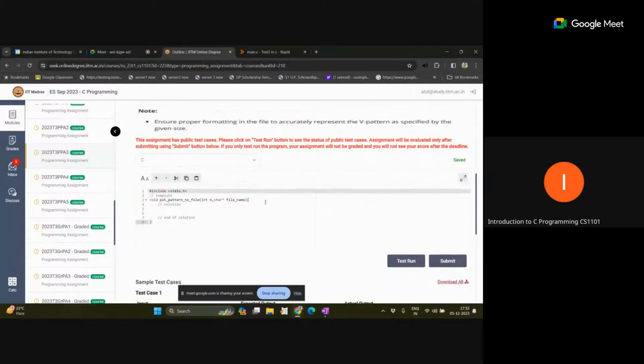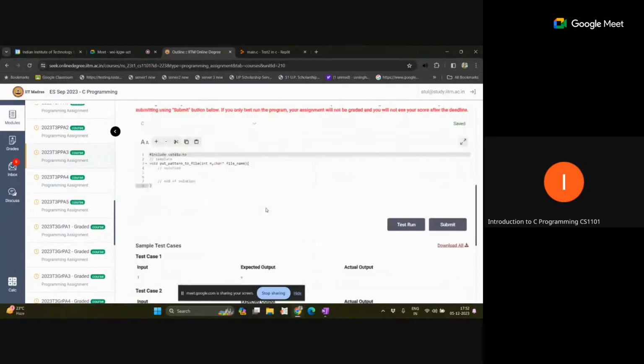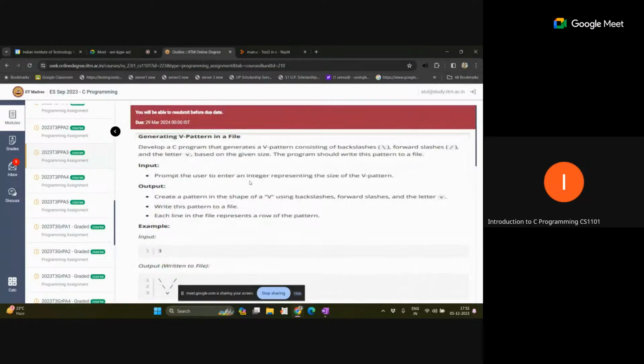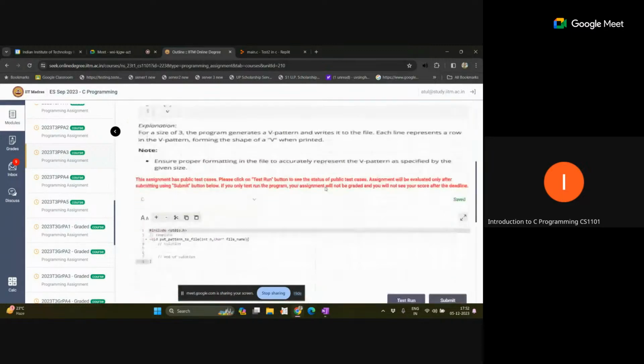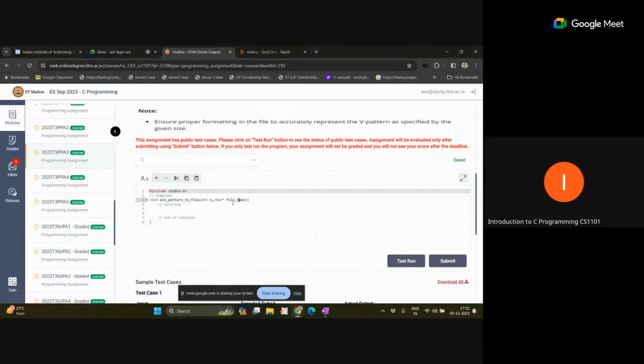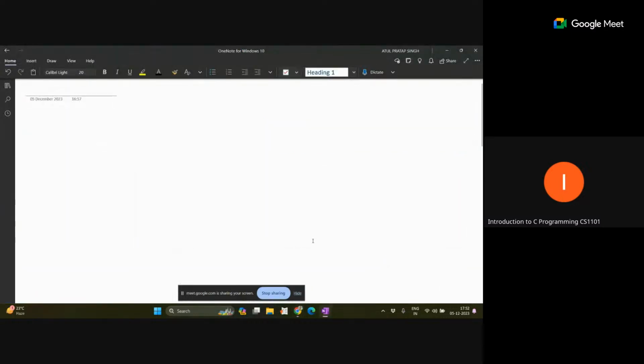So same things. The file name is passed in the function. What we are doing this time is printing simple lines, but in each line we are printing some pattern which looks like the v character. Suppose our input is